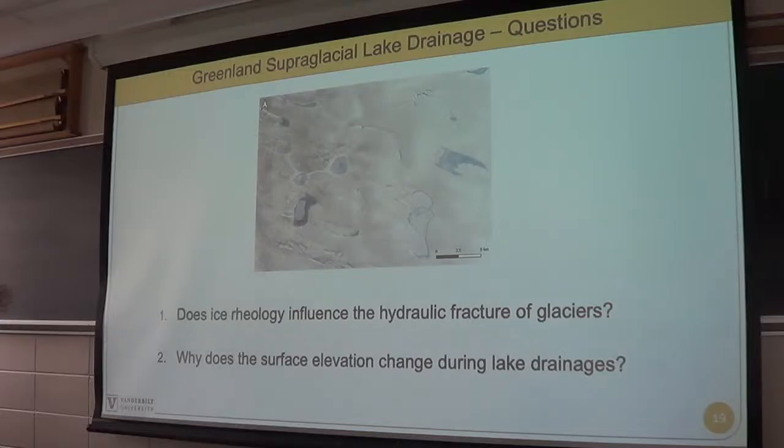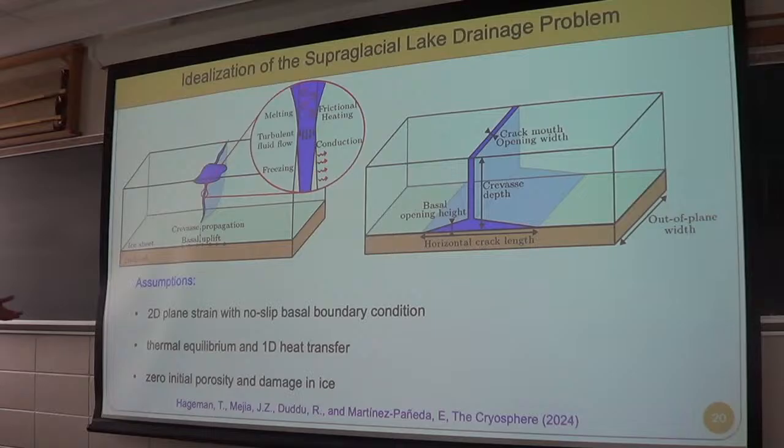So this is where I wanted to work with computational models that can have some validation with observations to the extent possible. So we set up a model, and in the 3D idealized case, the lake is some kind of non-uniform body, and then the fractures are these parabolic crack interfaces, and we couldn't do all that, so we idealized it to a 2D plane strain case, and we only look at one 2D slice of the plane,